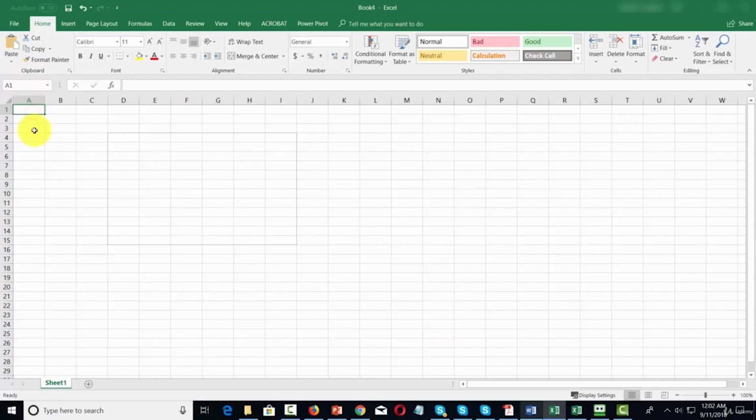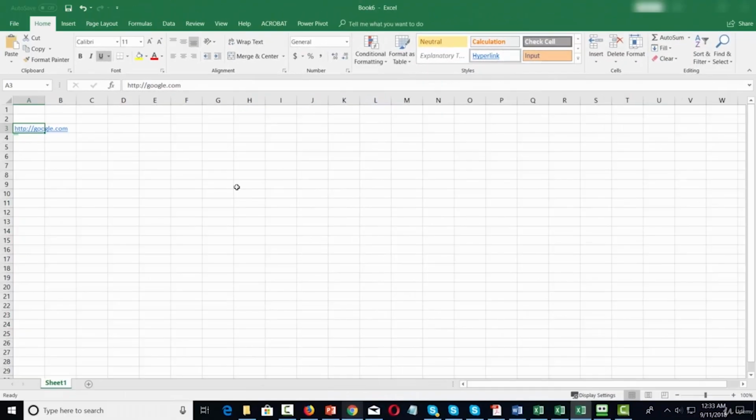You can place your cursor inside of a particular cell, and you can paste whatever you've copied into the clipboard. So for example, we will then hit Control V, which is typically what you would use for the paste command. And you can then use any of the other text manipulation commands that you would use in any other document